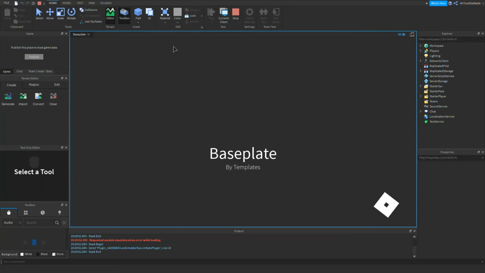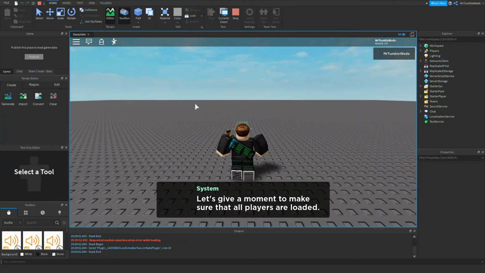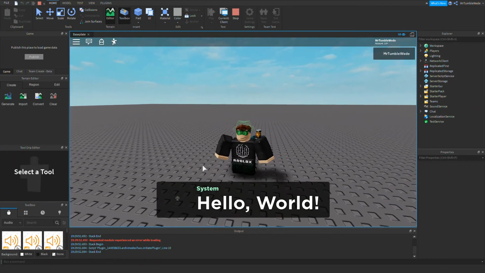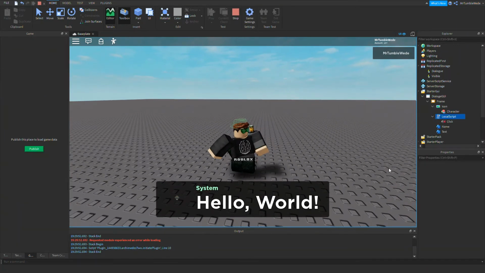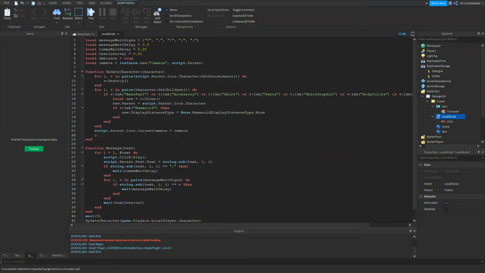Okay, let's see, moment of truth. Okay, so I totally forgot to do this one thing. The reason why it's like that is because I forgot to set the camera CFrame. Okay, so I totally forgot to do this.